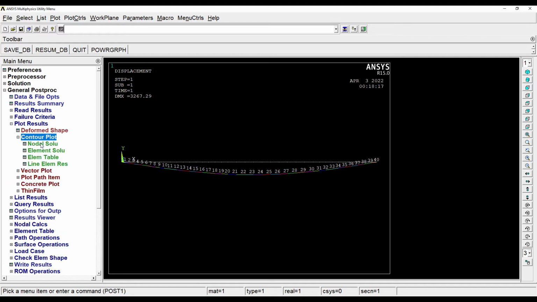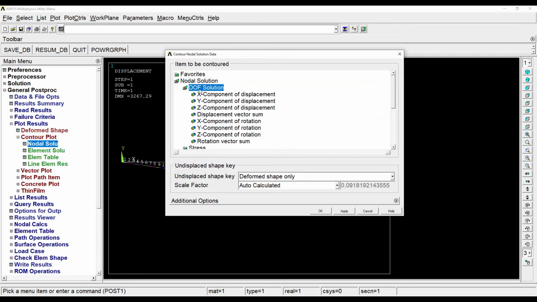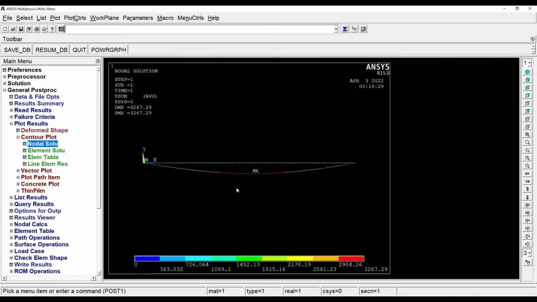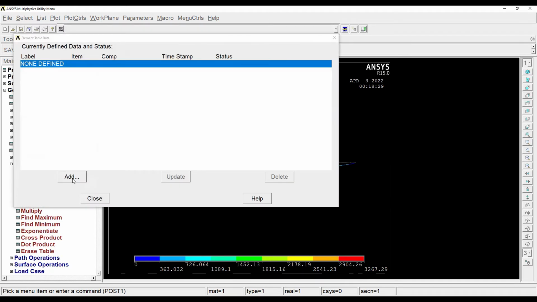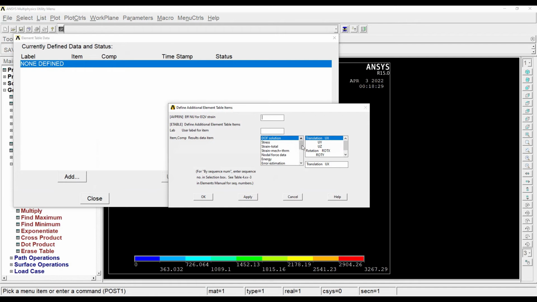I'll go to contour plot, nodal solution. I want to see the degree of freedom, displacement vector sum. I'll choose deformed shape with undeformed model. This is how it looks. Now if I want to plot the shear force and the bending moment diagram, I'll go to element table, define table, add by sequence number 3,